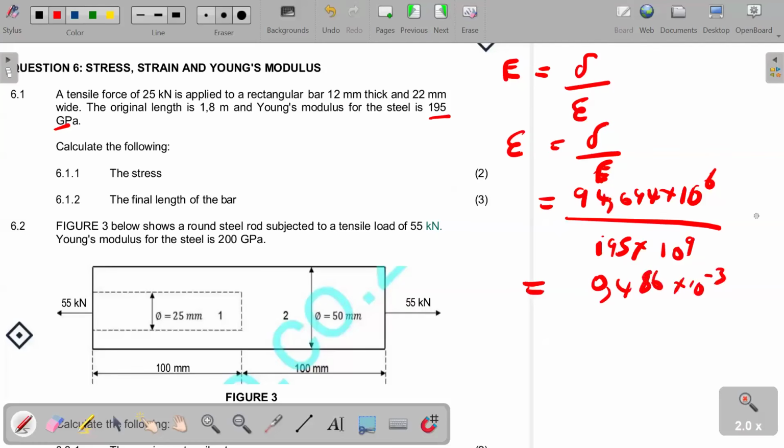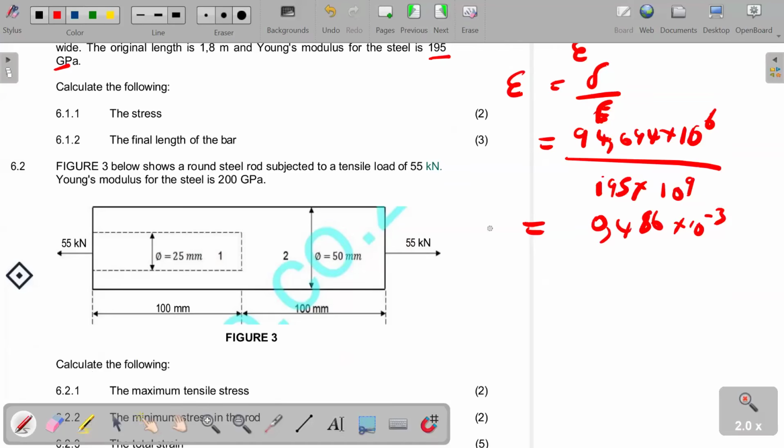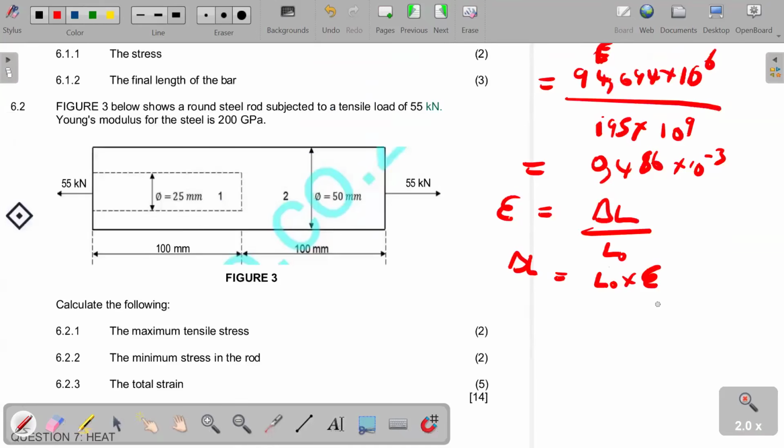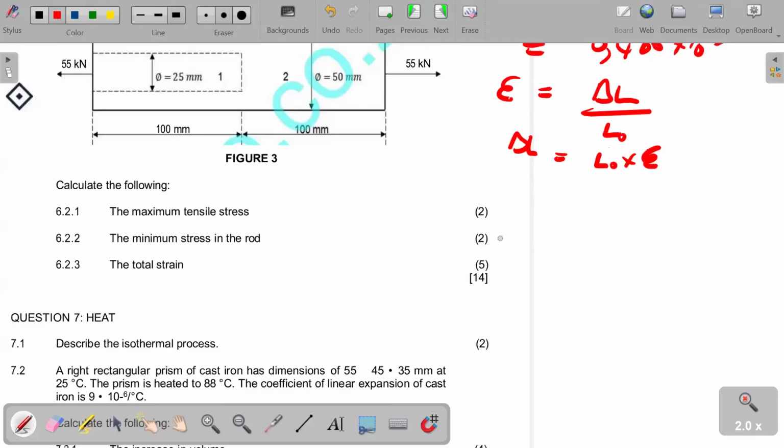Okay, so with that, strain is equal to delta L over the original length. So it is change in length over the original length. Okay, so making the change in length the subject, delta L shall therefore be given by original length multiplied by the strain that we just got there. Apparently, that is going to give us 1.8